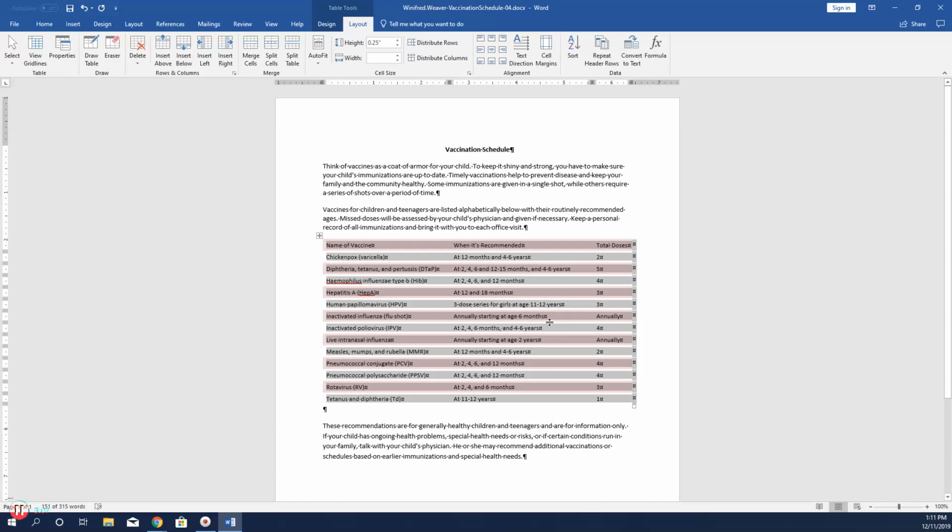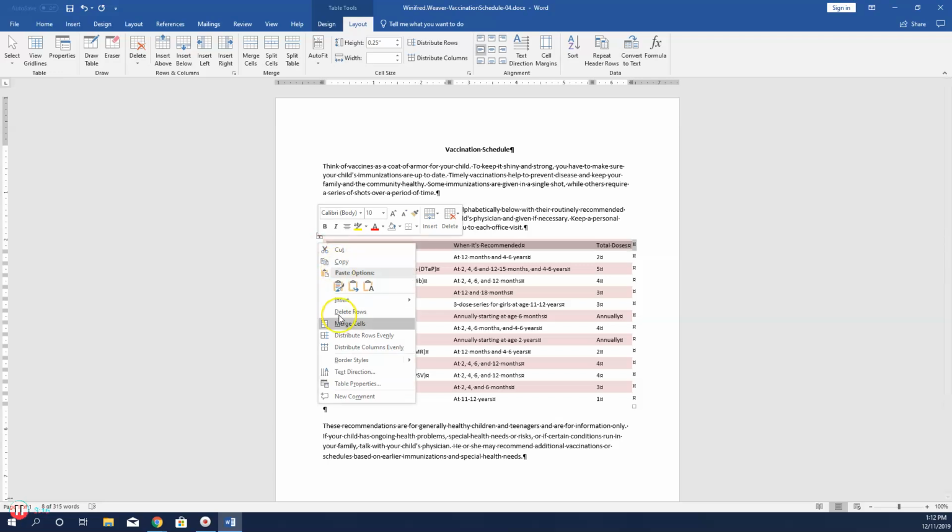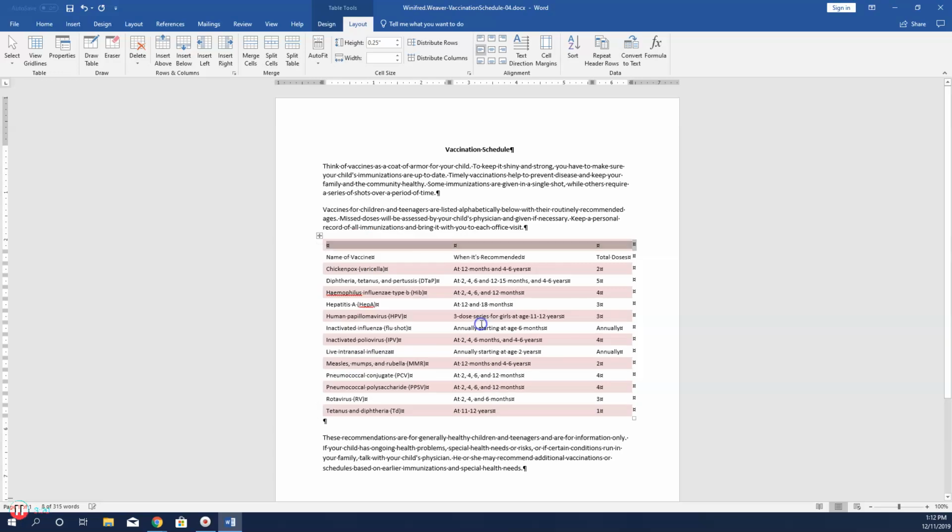Step 5 says make the following changes to the table. We're going to insert a row above the first row. So we're going to highlight the first row, right click and select Insert, Rows Above. Now we're going to merge the 3 cells in the new row and type the following, which is recommended vaccination schedule. So highlight that, click on Merge Cells, and we're going to type in all uppercase letters, recommended